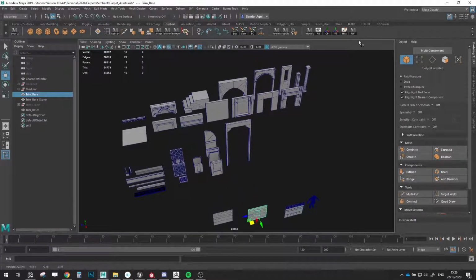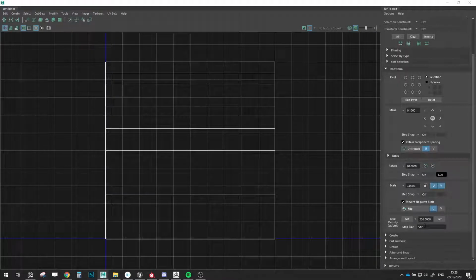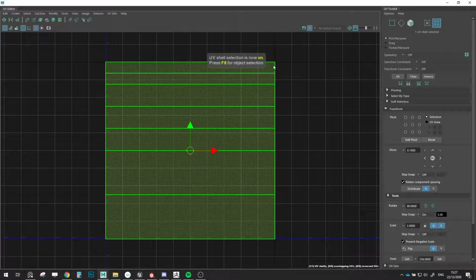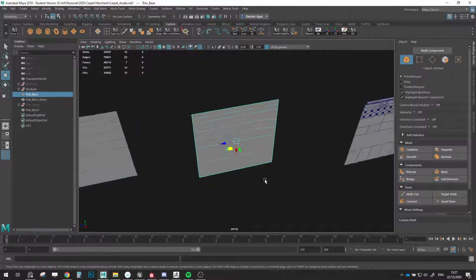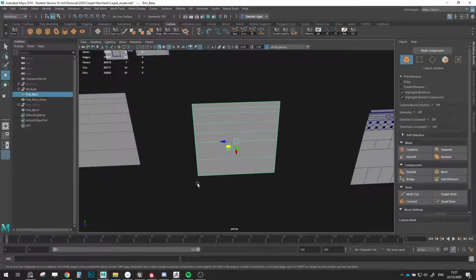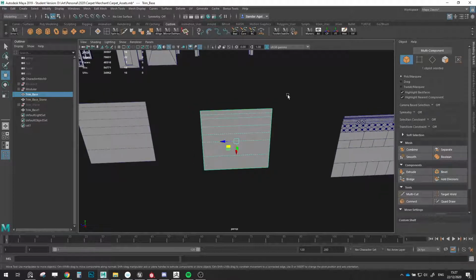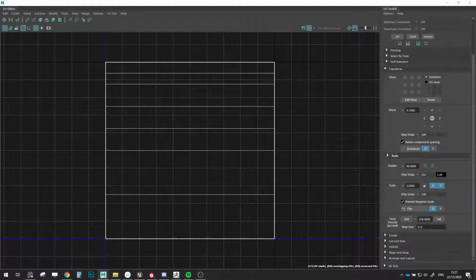And then what I do is I go into my UVs, and I will find a map size that'll allow for this square to perfectly fit within this UV space. And this works because I made sure that this is scaled in full numbers, so it's 2 by 2 meters, I believe. And I came up with a texture size of 512. This means that if I want to have 256 pixels per meter in my scene,